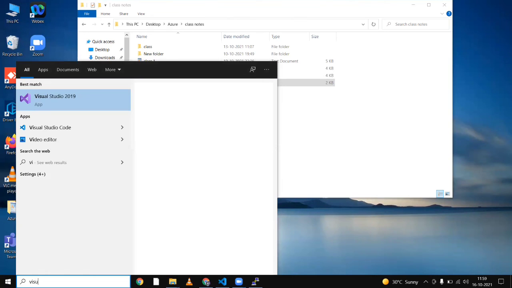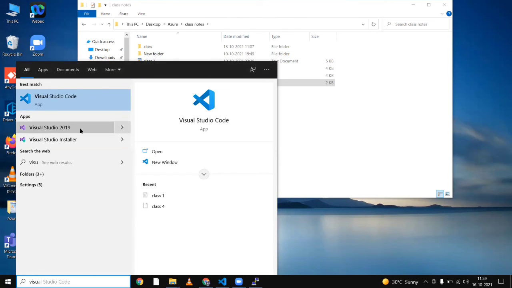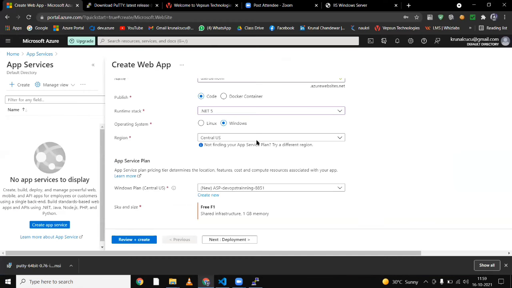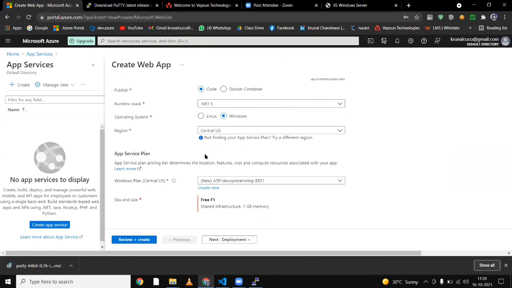If you already have it in your system, it's okay. Otherwise, see Visual Studio 2019 Community Edition. This is big software, so we have to install that, and whatever role we will perform here, because I'm giving you only a summary today.